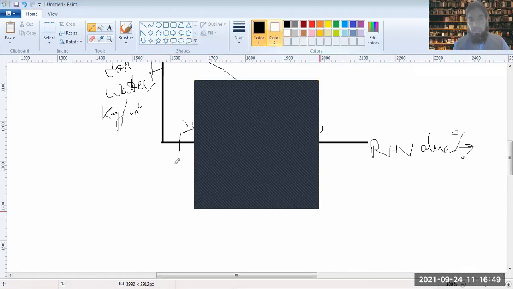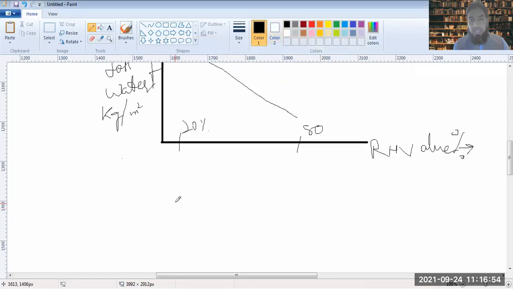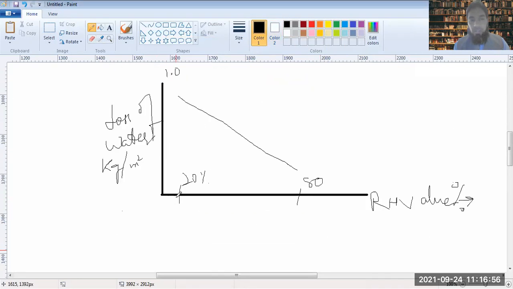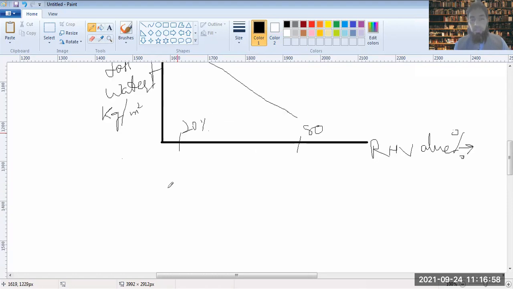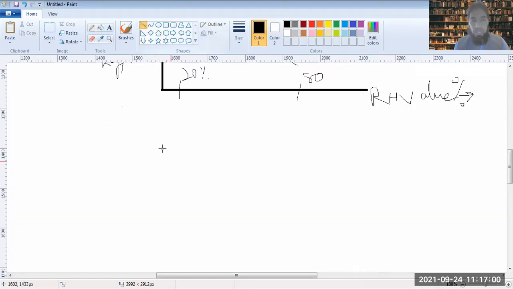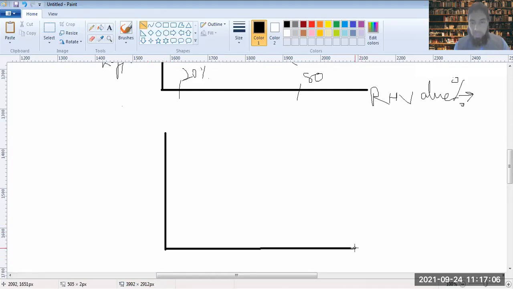Then what do we know now? That loss of water is actually decreasing with the increase in RH value, with the increase in the humidity value. Next, if we measure the relationship between loss of water, this is loss of water again